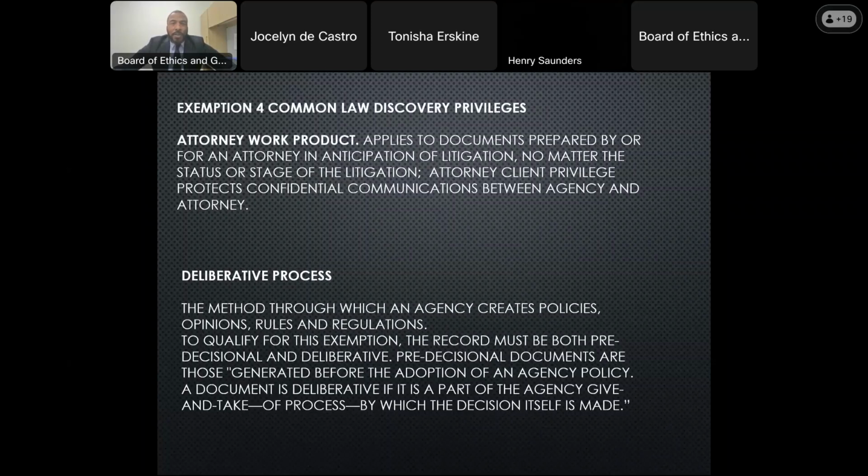So the deliberative process, the method through which an agency creates policies, opinions, rules, and regulations. To qualify for this exemption, the record must be both pre-decisional and deliberative. Pre-decisional documents are those that are generated before the adoption of an agency policy. A document is deliberative if it is a part of the agency give and take process by which the decision itself is made.